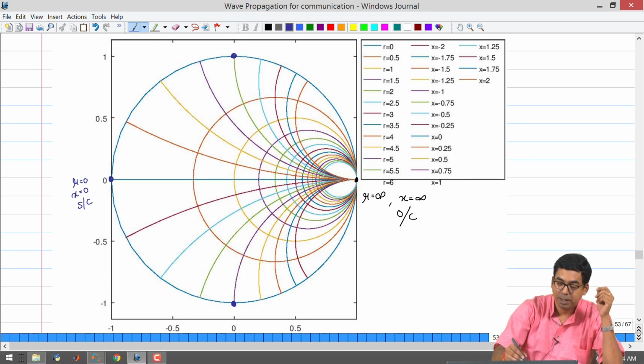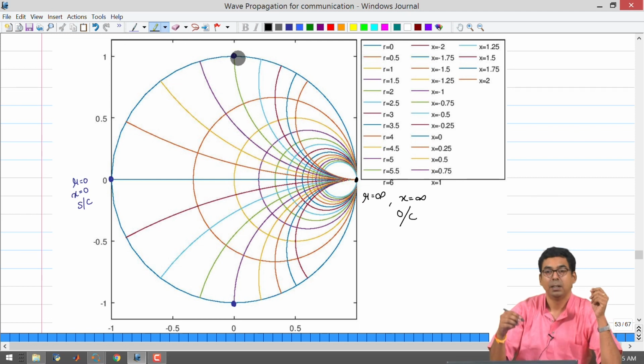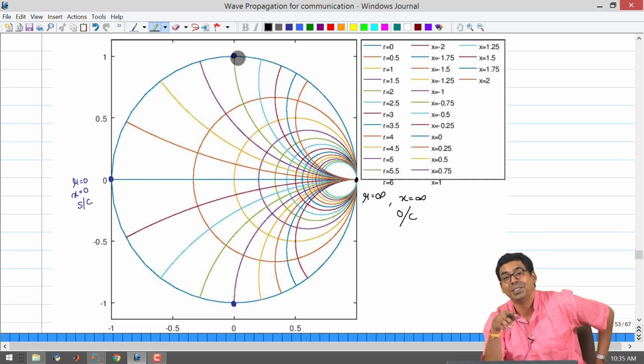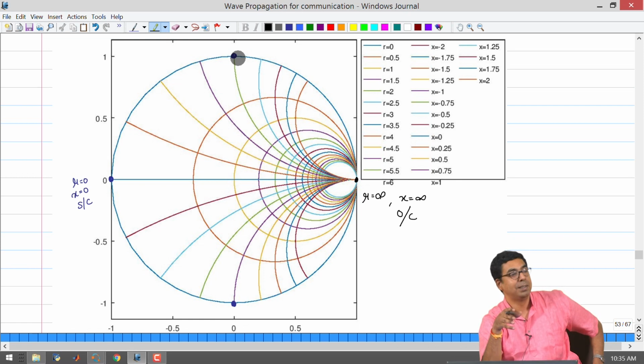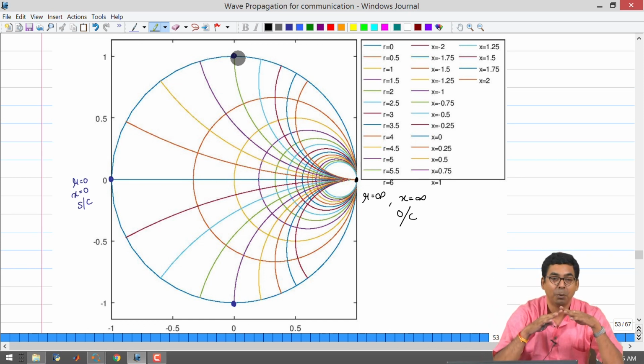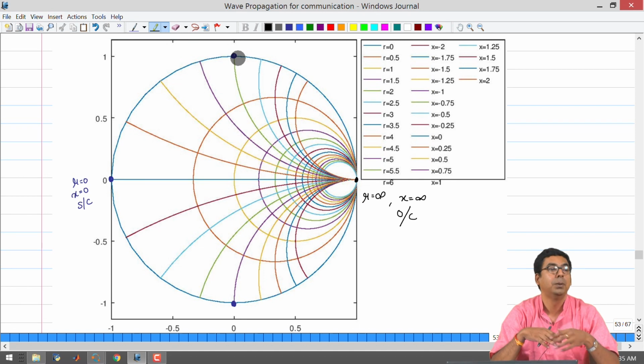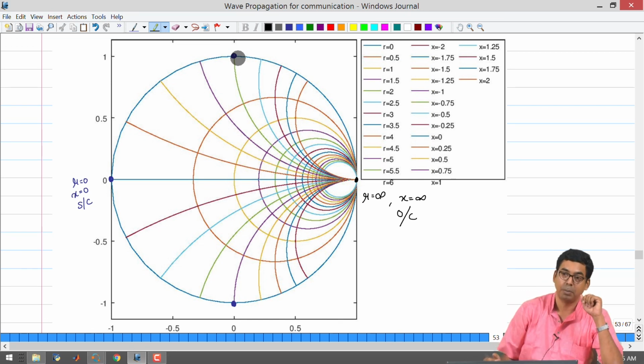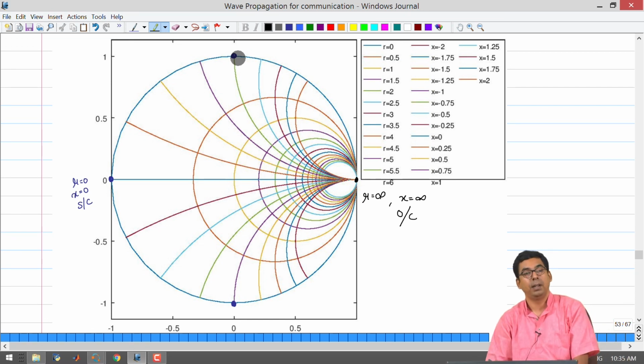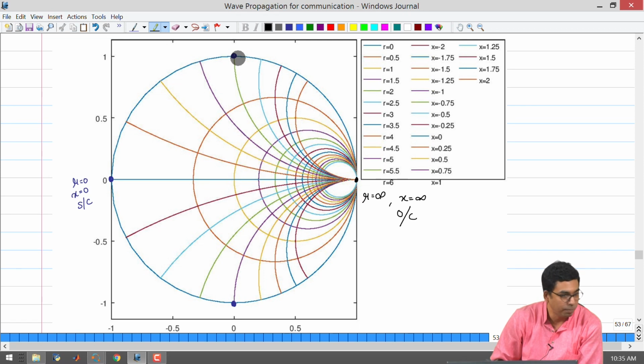But here we have to be a little careful with the interpretation because gamma L is the voltage reflection coefficient. It is not the same as the phase between your voltage and current; it is the voltage reflection coefficient. So, it is V minus divided by V plus. It means that the reflected voltage is going to be 90 degrees out of phase with respect to the incident voltage, for the top and the bottom points. These are the important points in your Smith chart.